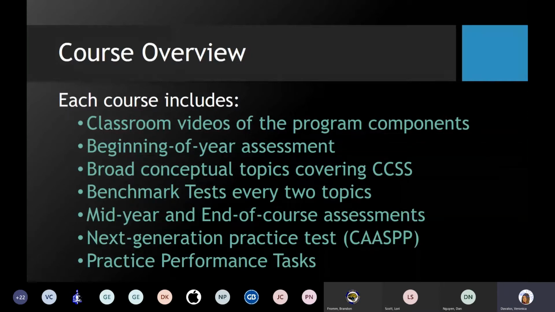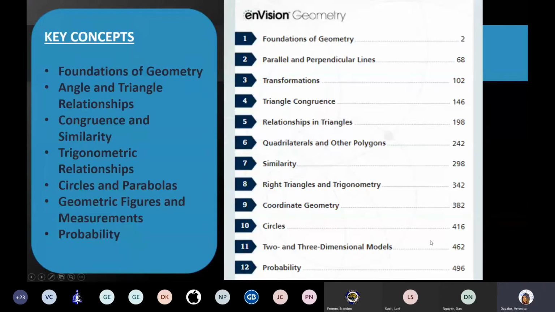So again, every course has all of this already embedded into that course. So let's look at the geometry course topic specifically. This is the page straight out of the teacher textbook here. But if you look at the topics for geometry,